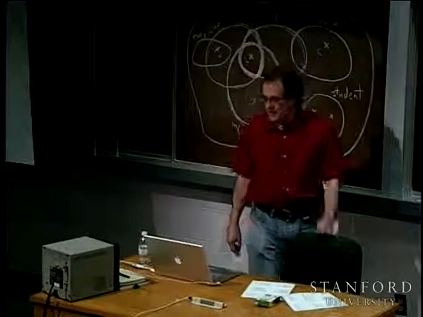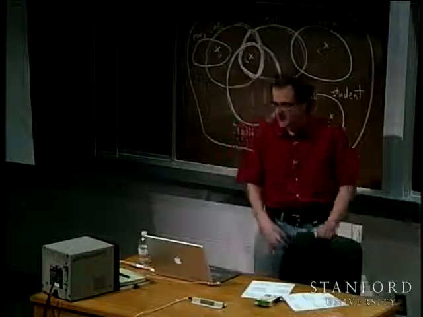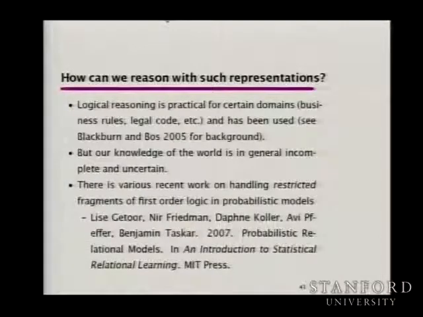There's then also been work on reasoning with such representations. Now, in particular domains, one possibility is just to go with logical reasoning. And I think that can actually be quite successful in certain domains, so business rules, laws and things like that, that you can do logical reasoning. But I think in general it is the case that, just like all the probabilistic argument goes, knowledge of the world is in general so incomplete and uncertain that we just can't get very far